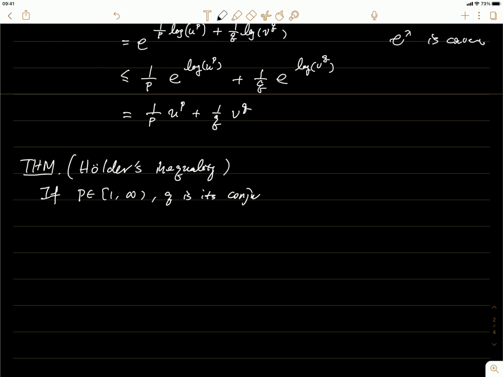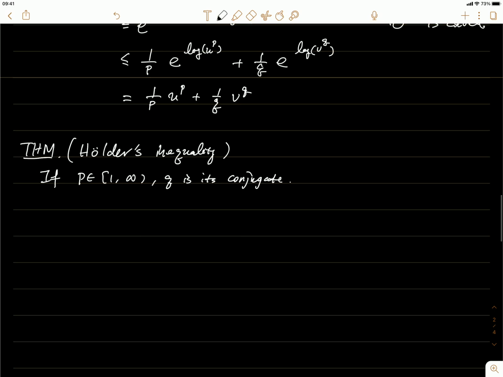So we allow p to take the value 1. In that case, q will be infinity. If f is in L^p, g is in L^q, then we can show that